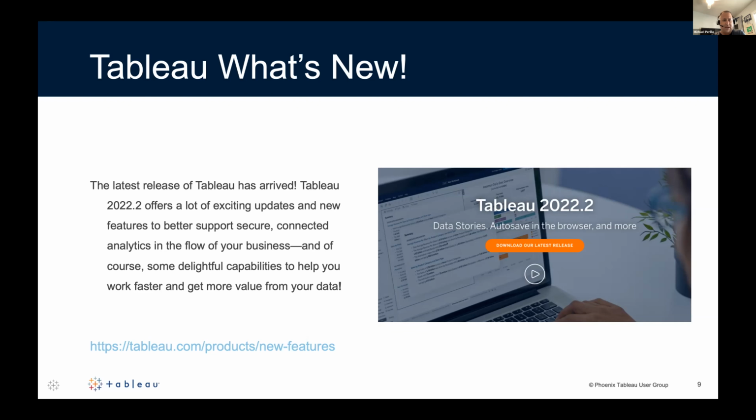And if you want to download, you can always download that as a trial. Tableau Public is also a free version that you can really test drive a lot of those features at home on your own, and that's free of charge. So if you're not aware of Tableau Public, throw something in the chat, ask us, and we'll be more than happy to steer you in the right direction.